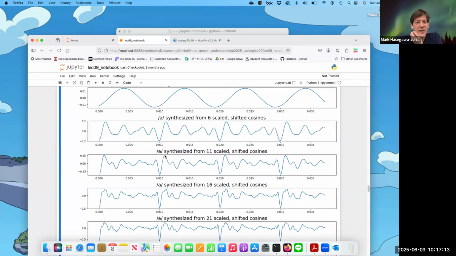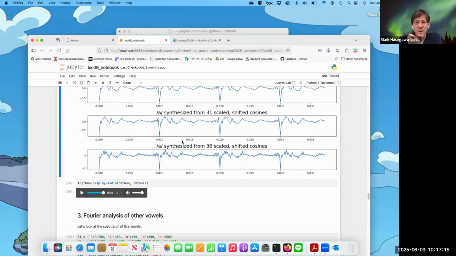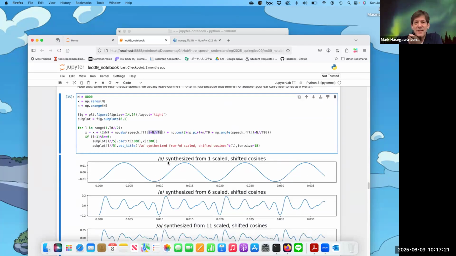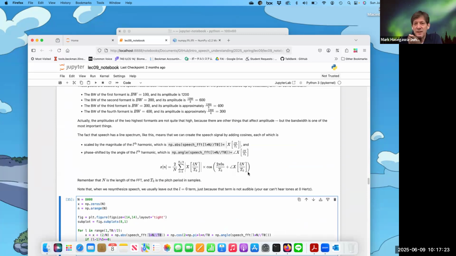Yeah, well, I won't debug that now. I'll try to debug that before next week. For some reason this is giving me the wrong phase when I do it that way. But if we can get that formula correct, if we can get the right phase and the right amplitude, that will allow us to resynthesize the speech with the correct phase, which will make it sound a little bit